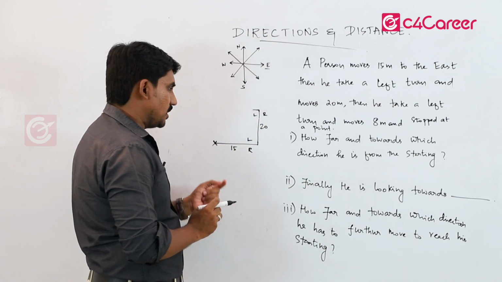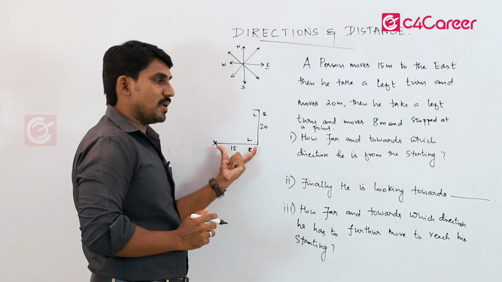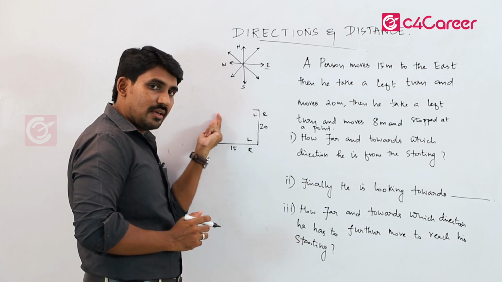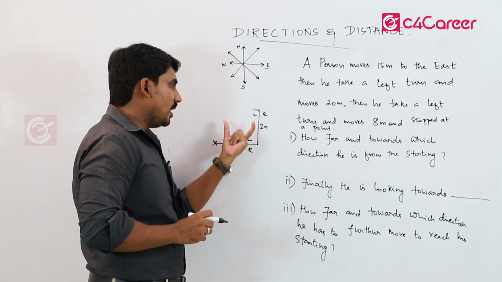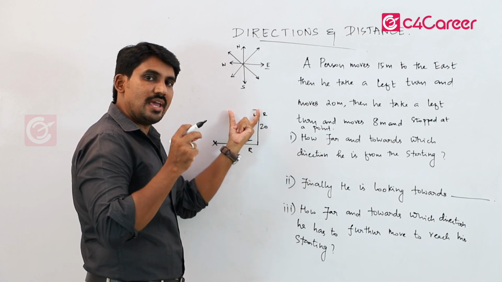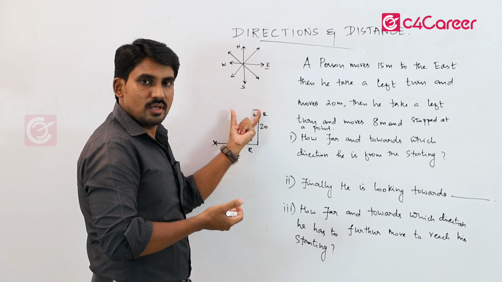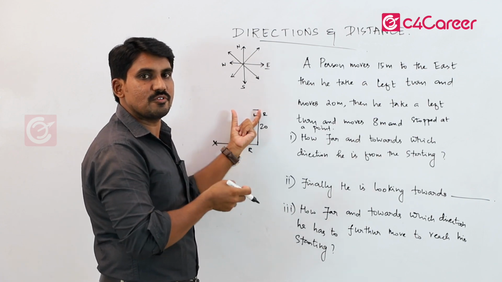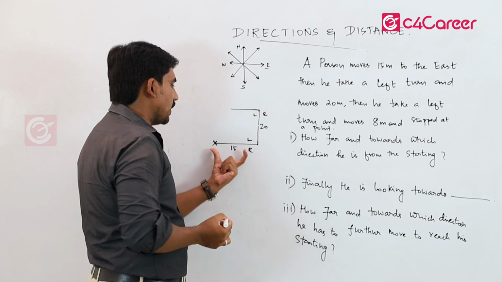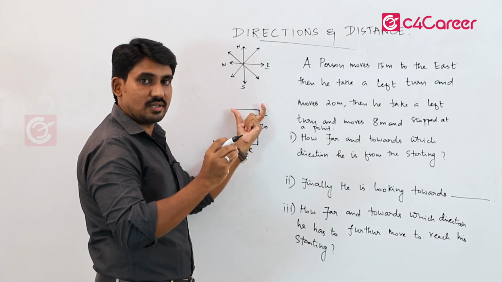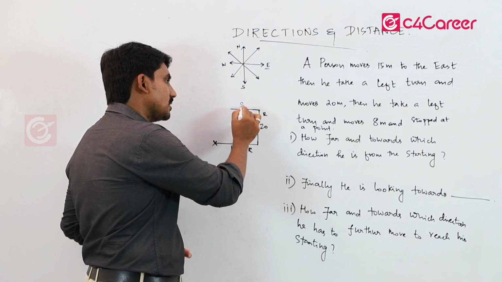Now this is a different type of question, right? He moves 8 meter. Now here we have a parallel line. When we are drawing a line here, we have a parallel line here, and this is 15. And here he is supposed to move only 8 meter. Therefore 8 meter should be less than 15 meter, right? So draw a shorter line comparatively to this. Clear? And just mark this as 8 meter.